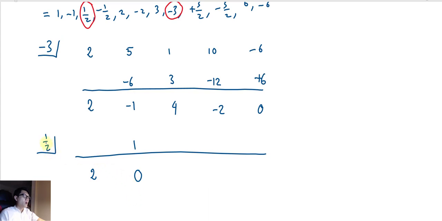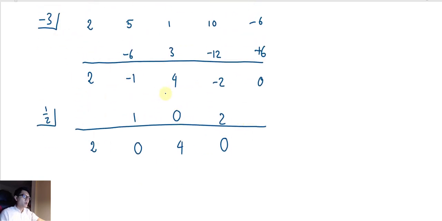Okay, now minus 1/2 times 0, I get 0. I add these 2 numbers, I get 4. Minus 1/2, sorry, 1/2 times 4, that gives me 2. 2 and minus 2 add, give me 0. And we are done. Okay, so after you do the synthetic divisions, we are ready to write the polynomial from